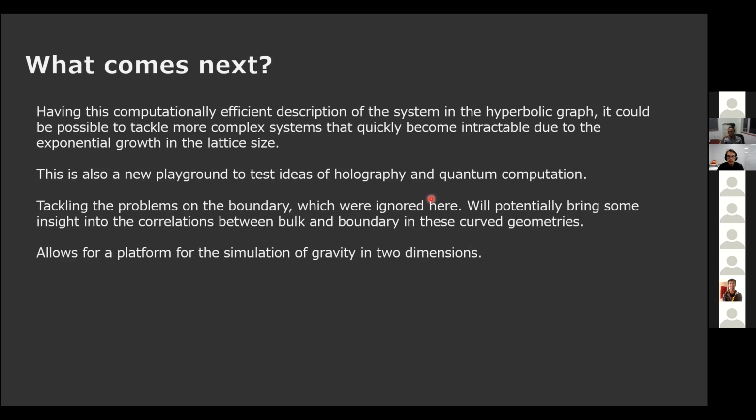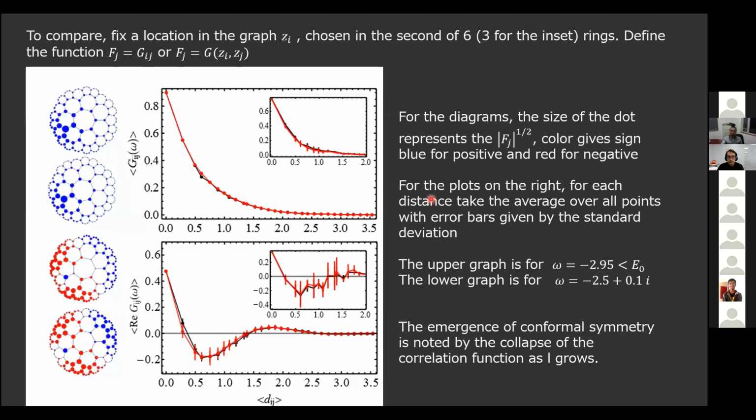I have a question. Could you go back two slides? So when you say the emergence of conformal symmetry, how do you see this? I couldn't understand how you get this. How do you see the conformal symmetry? Can you say a bit more? Yeah, I guess I'm not that well versed in why the collapse implies a symmetry. Kichira probably can answer.